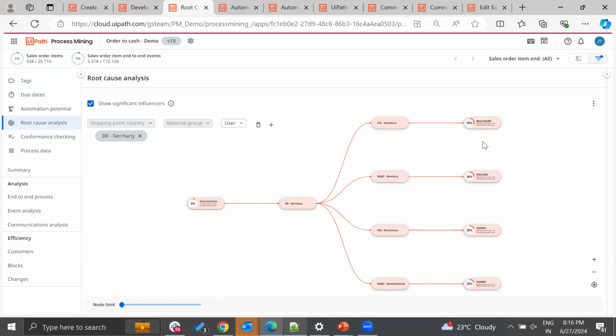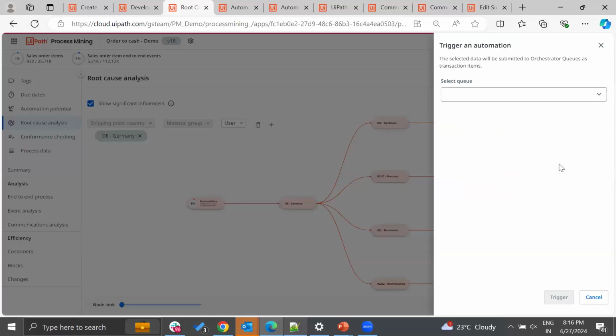So here you can see that I can now view the users. So as a next step, what I can do, I already have an automation enabled here for this particular section. And now I can inform the manager who's sitting in Germany about these late deliveries, and he will have all